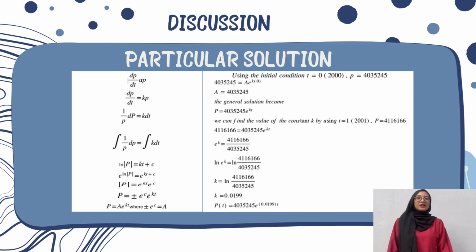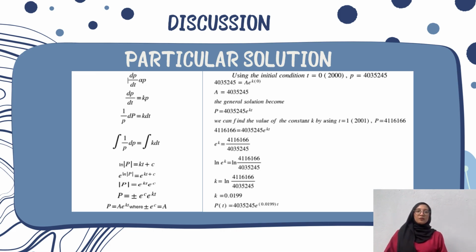We can find the value of the constant k by using t = 1, which is 2001, where the population equals 4,116,166, so that we get the constant of proportionality equal to 0.0199. Here we can insert k and A into the particular solution equation, so we get P(t) equals